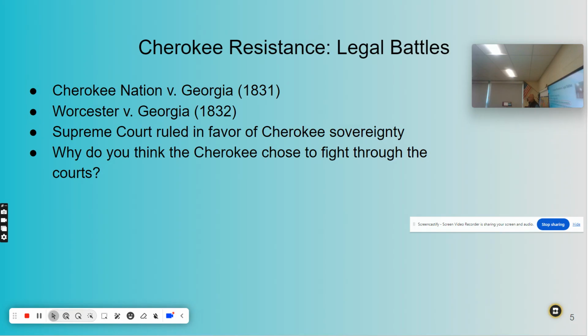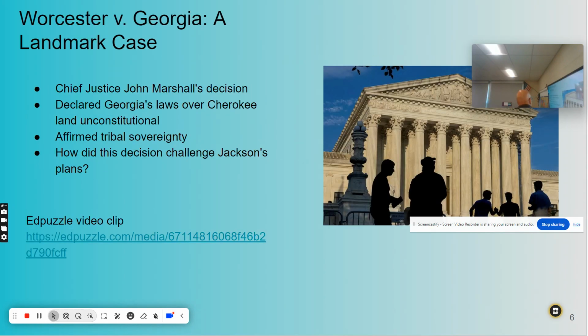And this reaction of Jackson's basically established the power of the president during his presidency, and kind of rocked that balance of power between the 3 branches that had existed for the first 25 years of the 19th century. Jackson steered presidential power more toward the executive branch with this decision to ignore the Supreme Court ruling in Worcester v. Georgia. I've got a video on Worcester v. Georgia that I want to show you guys next.